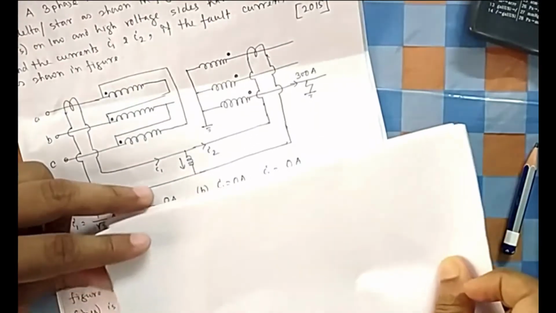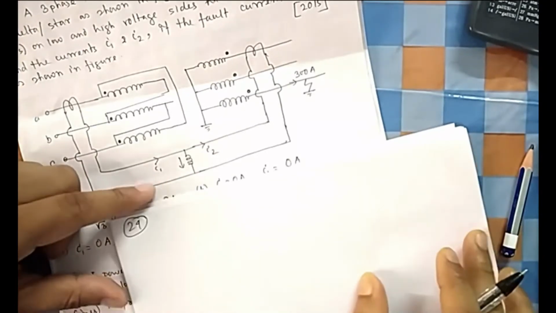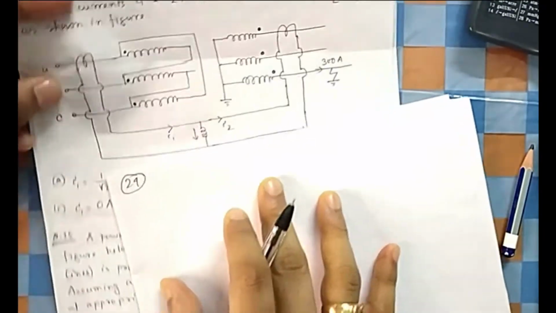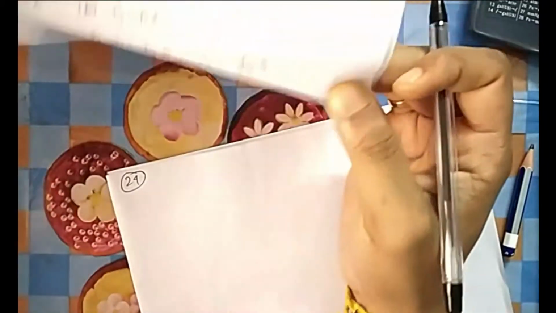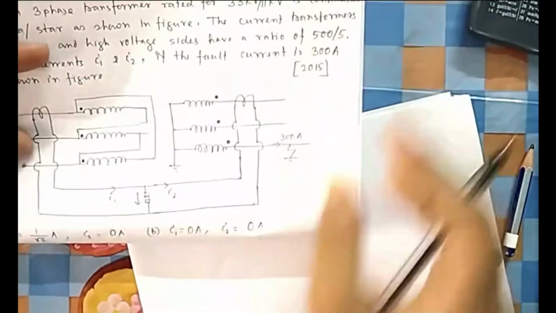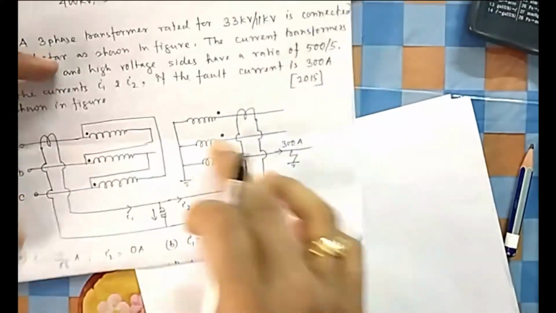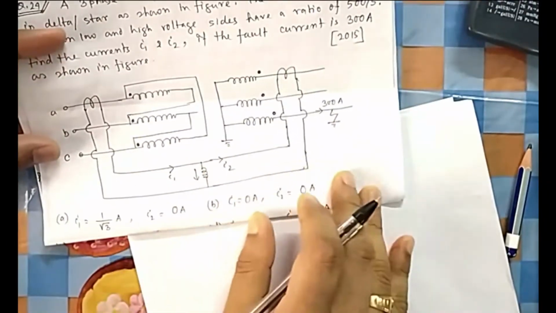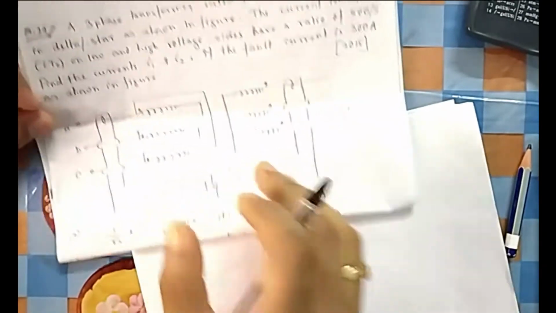Question 24, I have already explained this also in percentage bias differential protection. I will give you the link of that in the theory of switchgear protection. But here you can see this is the given. They have given their own way to configure this, and there is a fault in C. They have to find the difference between I1 and I2. That's it. And the ratio is 33/11.